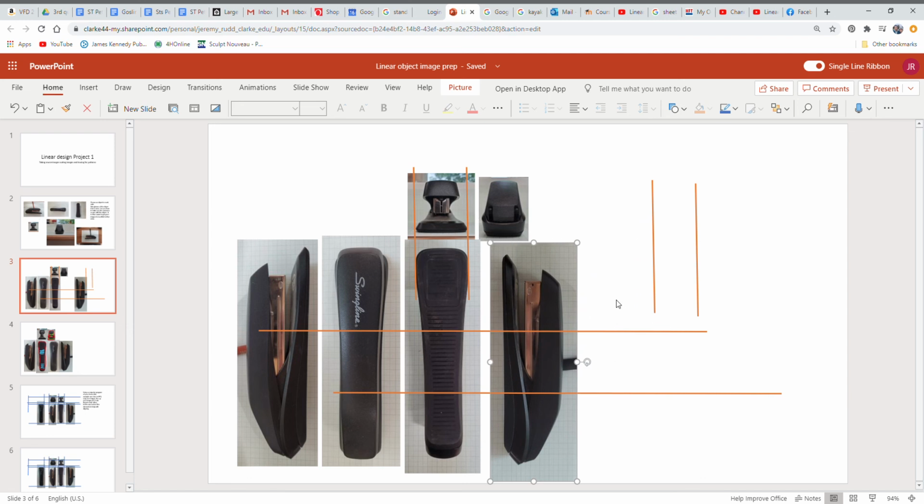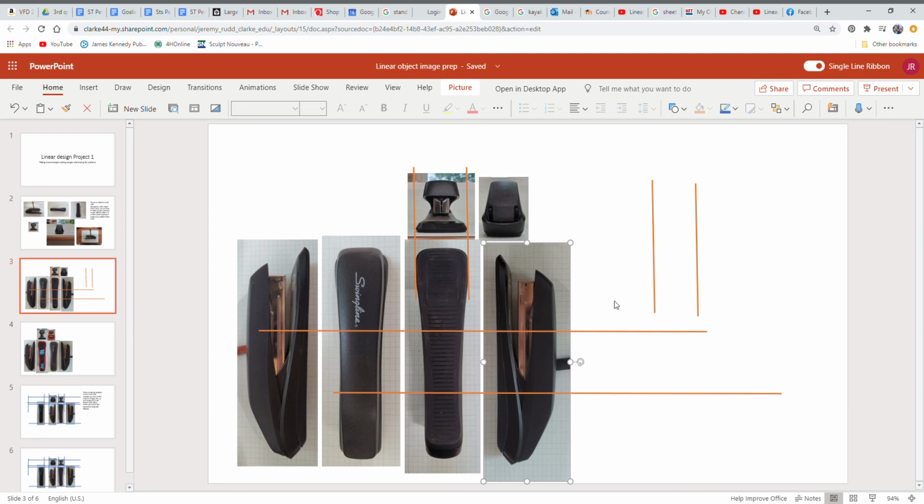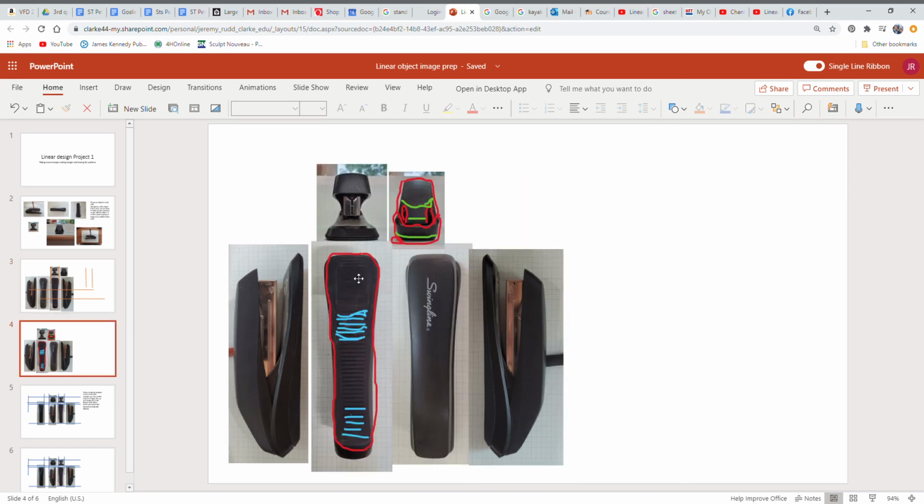Okay, so that is phase 1 and 2, cropping and sizing the images to one another to get as accurate of a representation as you can. And then the other part you need to do for your homework is print them out, and using different colors of markers or pencils or whatever you have, trace the main contours, which will be the outside of the actual forms. Use another color to